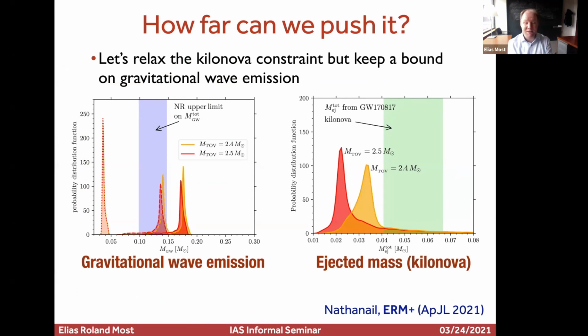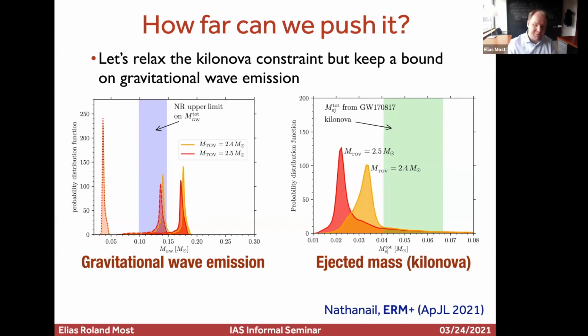On the left, you see the mass lost in gravitational waves. It's the parameter that we tune now. On the right, you see the mass ejecta that are consistent then with the observation. The observational band here is in green. So we said, okay, let's not care about getting the right ejecta, but let's care about getting gravitational mass losses that are consistent with numerical simulations. Because numerical simulations give you some idea on how much angular momentum and gravitational mass you can lose in the early post-merger. This is where the neutron star is not axisymmetric, it's bar-shaped, so it's really strongly emitting gravitational waves.